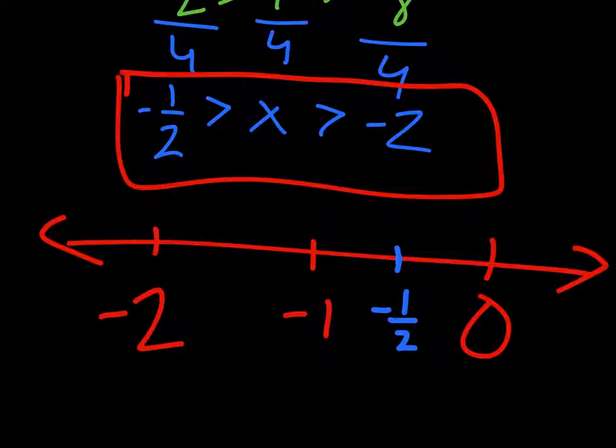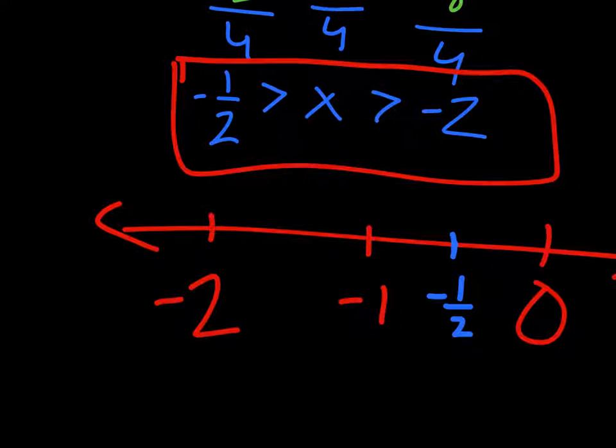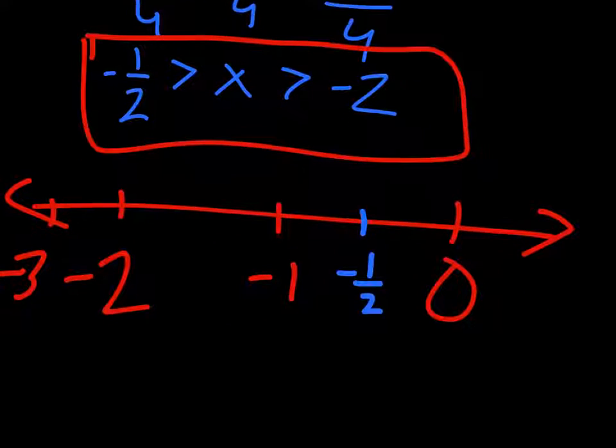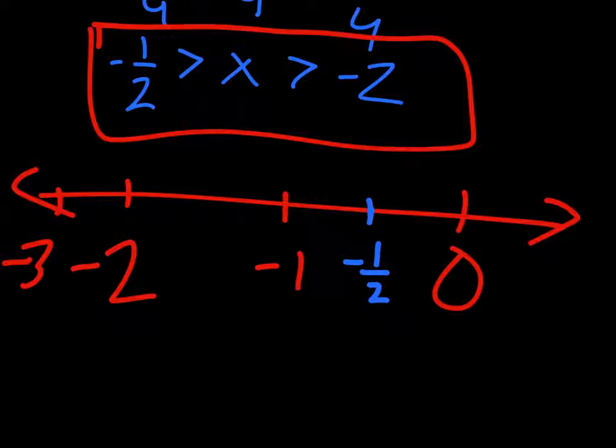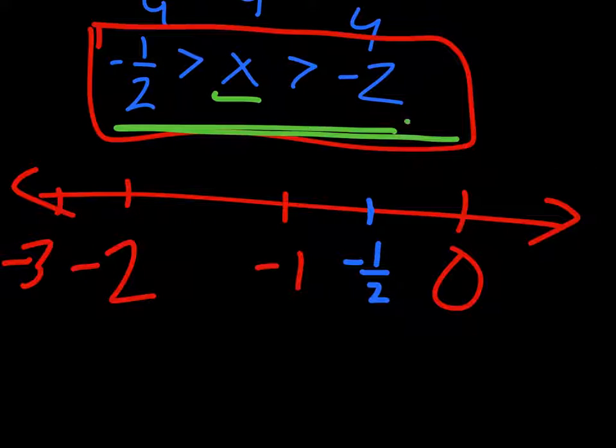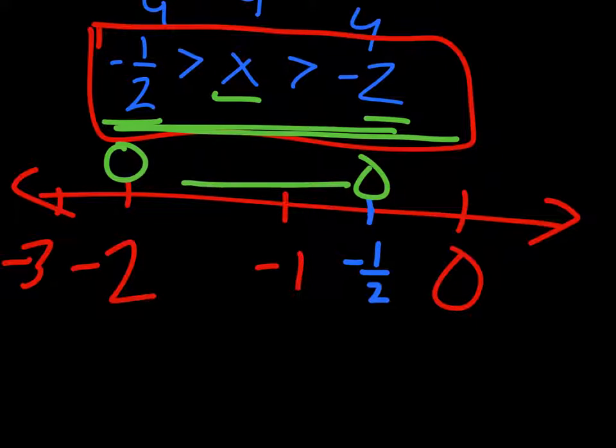Now, just for reference, we have negative 3 over here, right? To demonstrate where exactly this part is, you see how the x is between negative 2 and negative a half? So exactly, we're talking about between here, with open circles, of course. So this one, let me make that more open, here and here, and we're talking about the space in between,